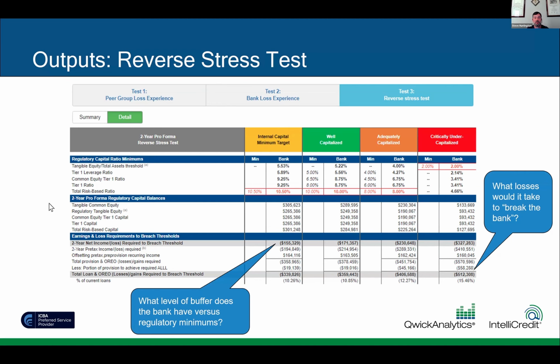So while you can factor in a little bit of growth, if you factor in too much growth, you're going to be doing an apples to oranges type situation, because if you factor in a huge amount of loan growth, those new loans are not going to have the same types of loss rates as your seasoned portfolio would historically.